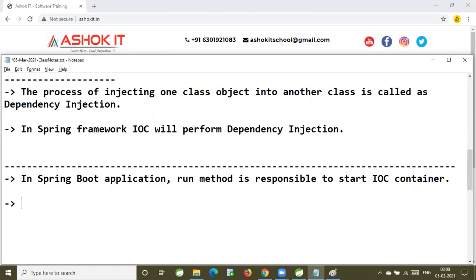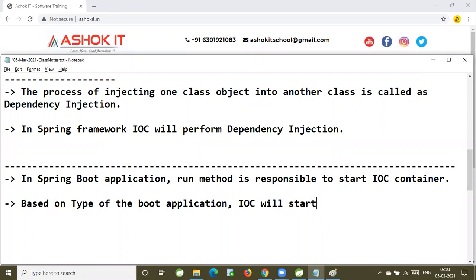Based on the type of the boot application, IOC will start. It is not following the same approach to start the IOC container for every boot application. Based on the type of application, it will decide how to start the IOC container.